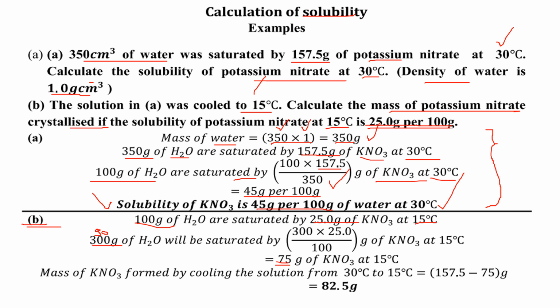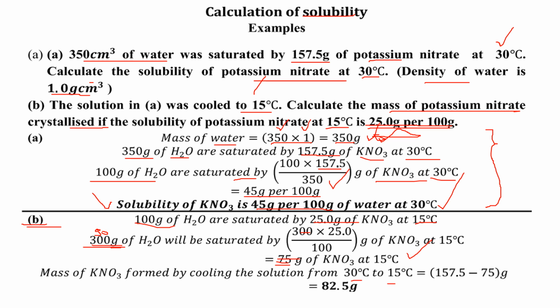So 350 grams of water, which is the volume of water we used, is going to be saturated by 350, not 300, times 25 divided by 100 grams of potassium nitrate. Also the answer is going to change. After getting this answer, this is the mass that was saturated by the volume of water we used. Remember that we converted volume into mass by the first expression that we did in part A. So for the mass of potassium nitrate formed by cooling the solution from 30 to 15,